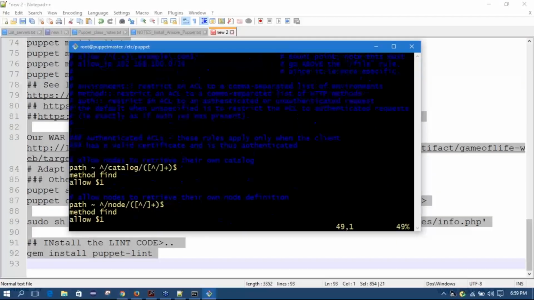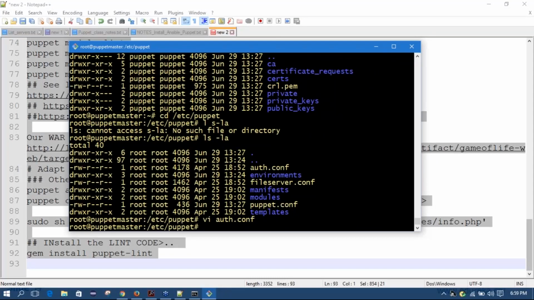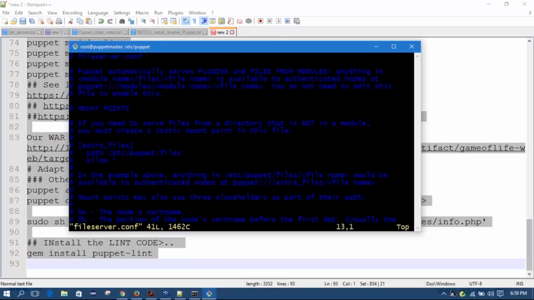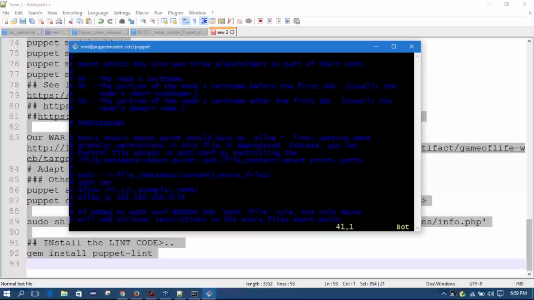Typically, it just says who has access to what part of Puppet. That's it. We also have your fileserver.conf file,